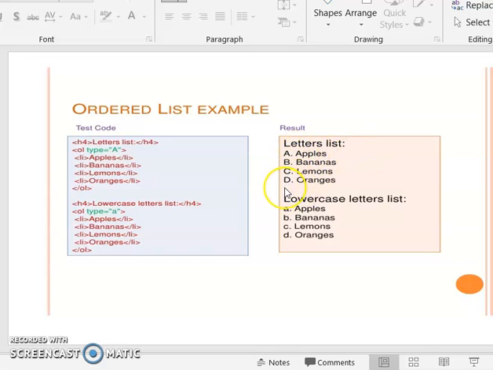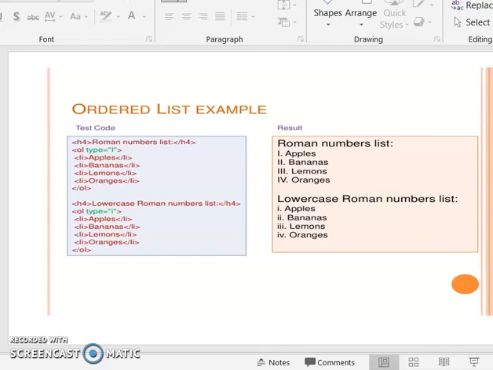So A, B, C, D is continuing. And in the second case, type equal to small letter a. So here a, b, c, d. These are the examples of an ordered list.